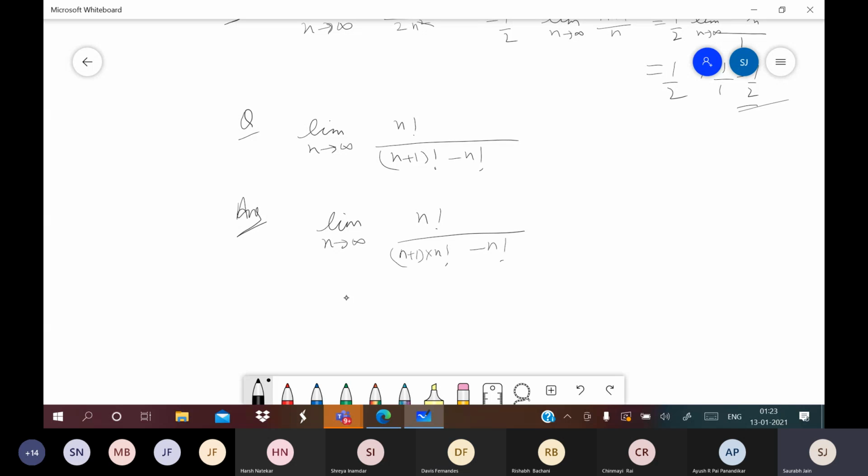What is the advantage of this? The advantage is that n factorial will get cancelled. It is n factorial here, and in the denominator, it is n factorial. So it is n plus 1 minus 1. N factorial gets cancelled. In the denominator, it is only n. The question is simple. It is 1 by n. 1 upon n, with n tending to infinity, the value will be 0. Okay, so you can see a variety of questions here. Just solve the questions from your textbook.